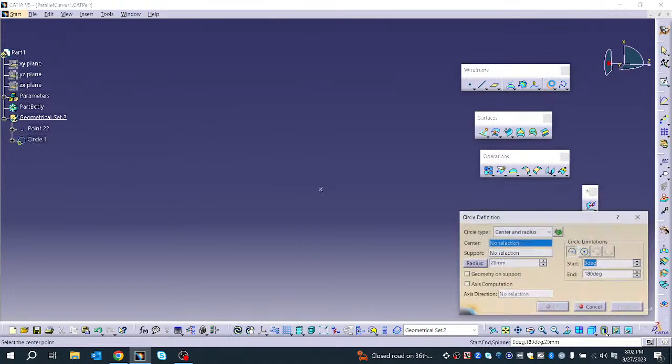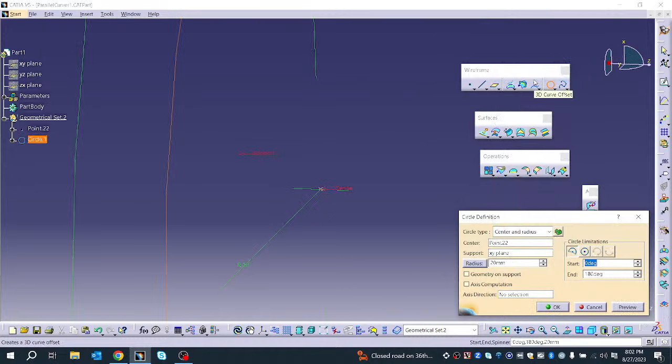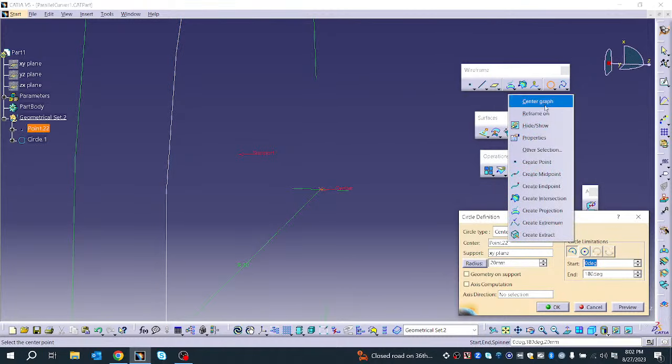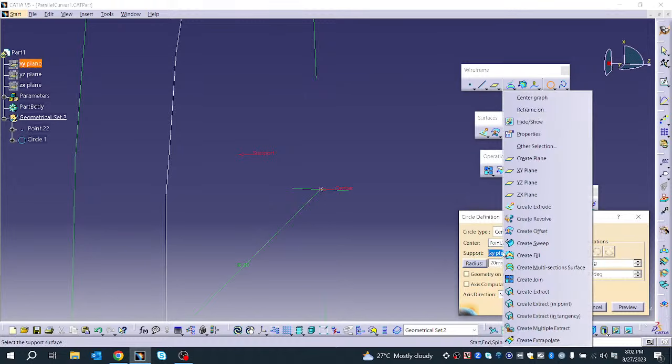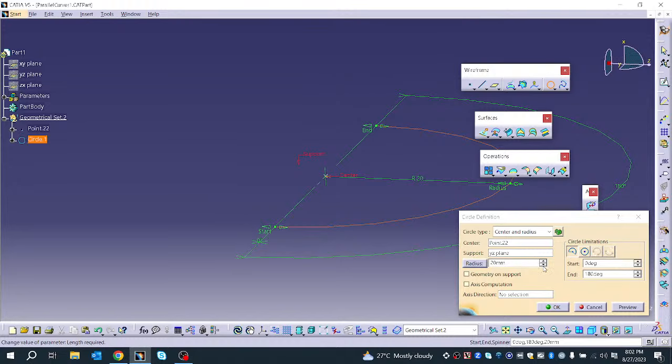Then I want to create a circle. For that I need a center point and a support plane. Let it be the XY plane. Okay, let me make it the YZ plane. YZ plane, and I want my radius